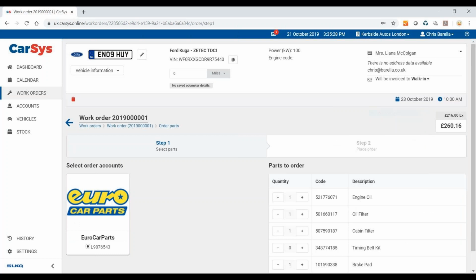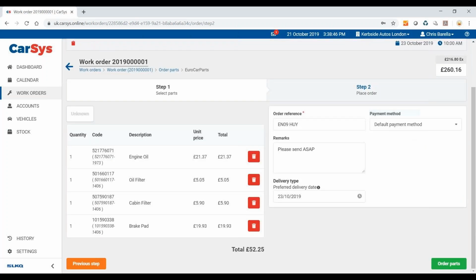Now, on this page, you can make any final changes to the parts being ordered, and once you are happy to continue, click on the Next Step green button. On this page, you can add an order number and any additional comments, and once you have your parts order ready, click on the green